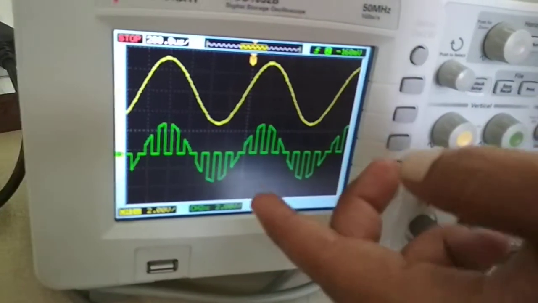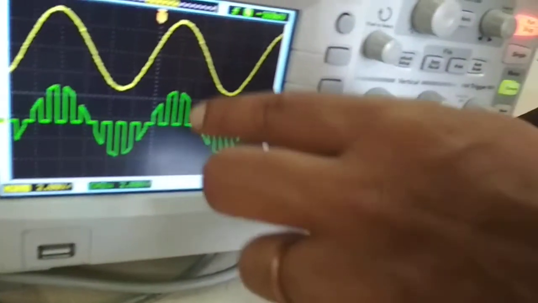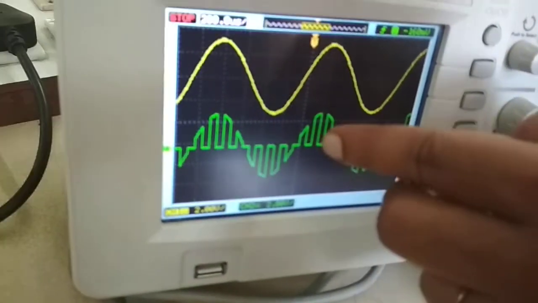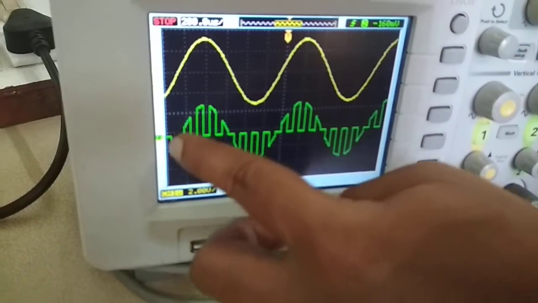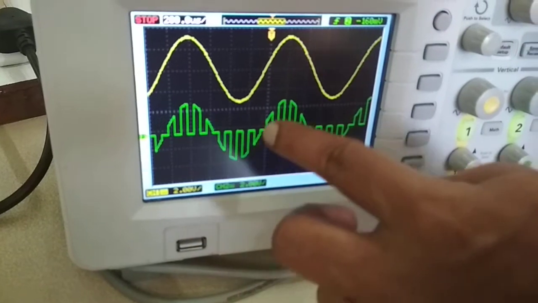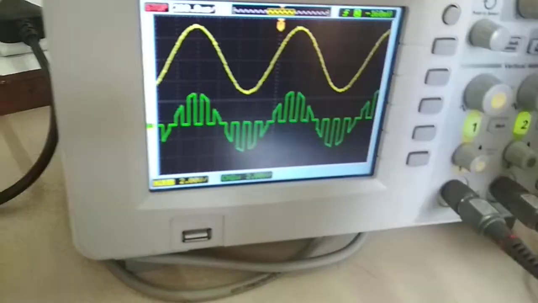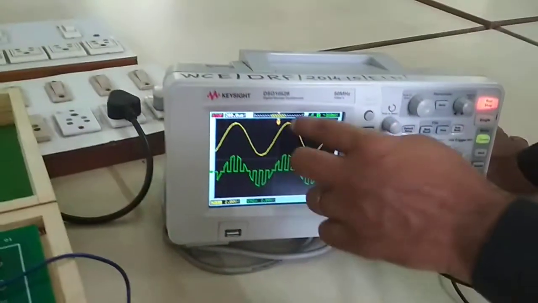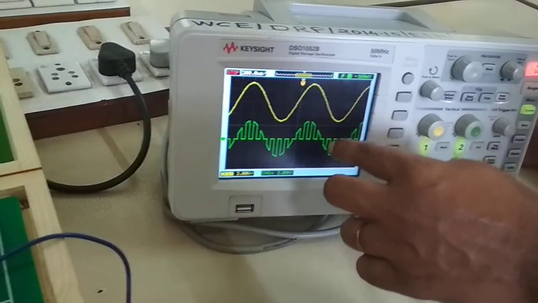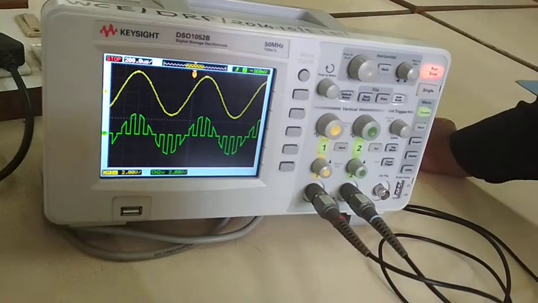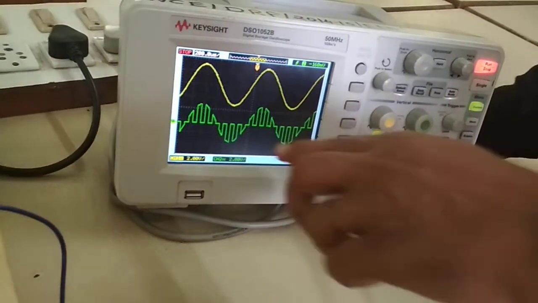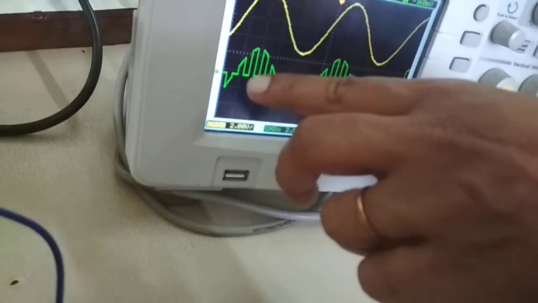Another version is flat top. After seeing the flat top, you can understand the difference between natural and flat top. So this is like natural. You can observe here it is like a dotted imaginary line, and from this modulating signal we are getting this sample signal, which is natural in nature. So our task is to measure the amplitude. This is my pulse amplitude modulation.